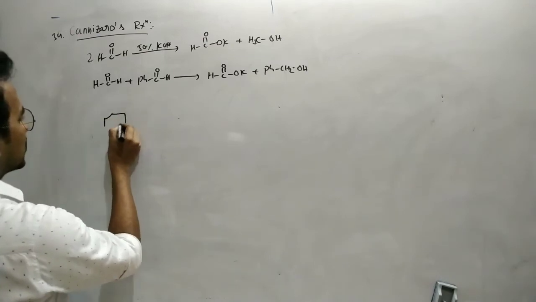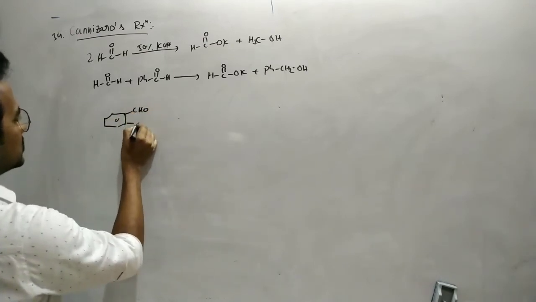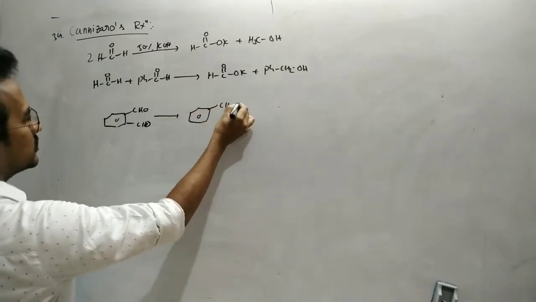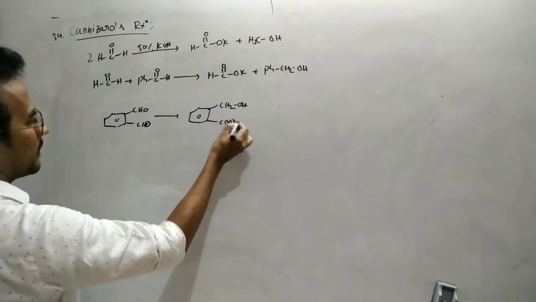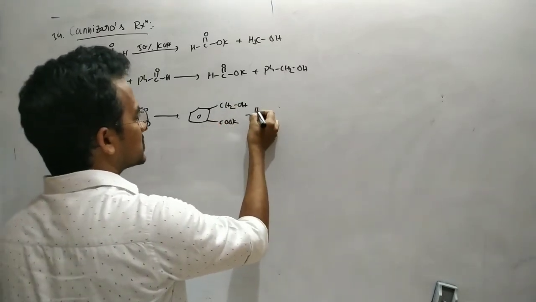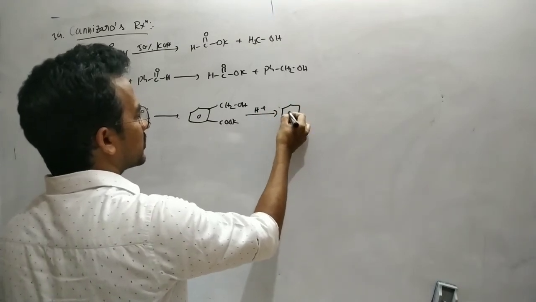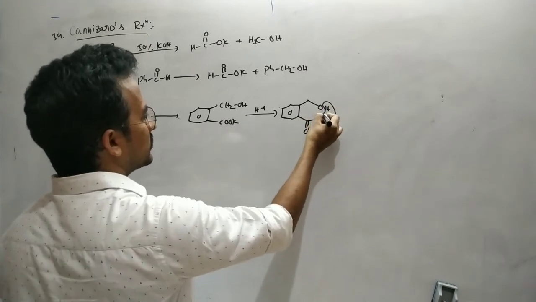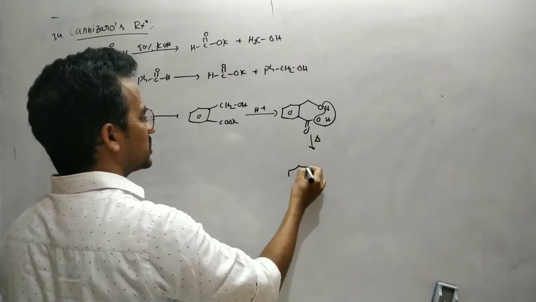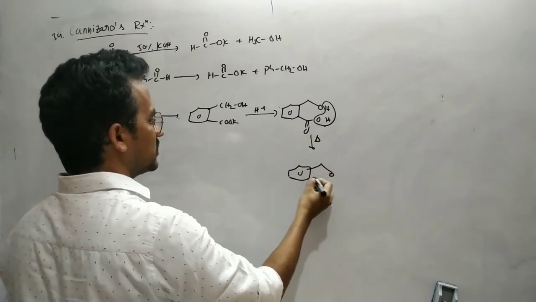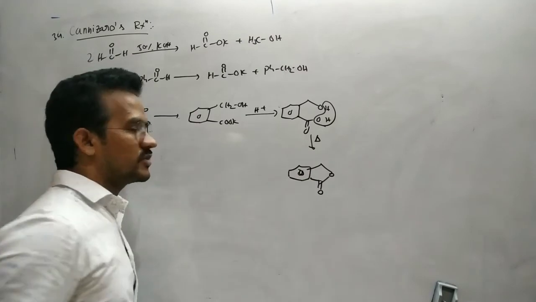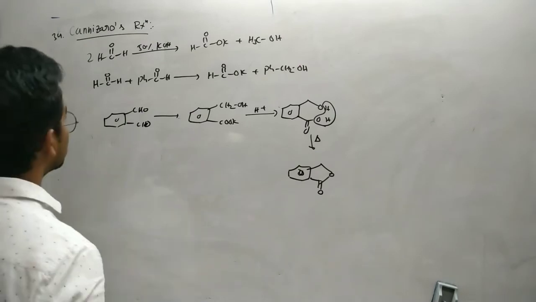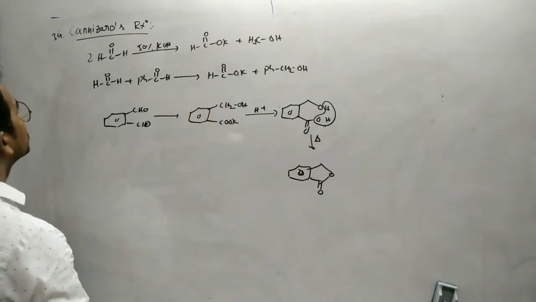And next, the intramolecular Cannizzaro reaction. Suppose phthalaldehyde: one group is oxidized and one group is reduced, giving COOK and CH2OH. This followed by acid workup gives the hydroxy acid, CH2OH and COOH. There is removal of water on heating, so cyclization takes place. As a result, a cyclic ester is produced. That is the internal Cannizzaro reaction. That's it.